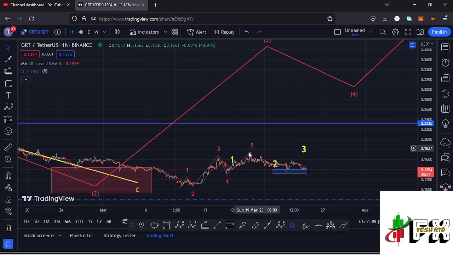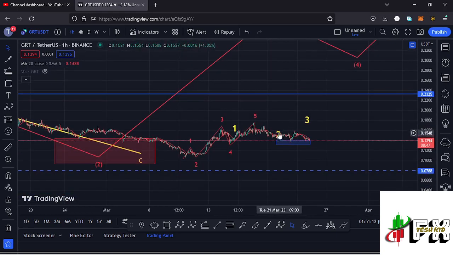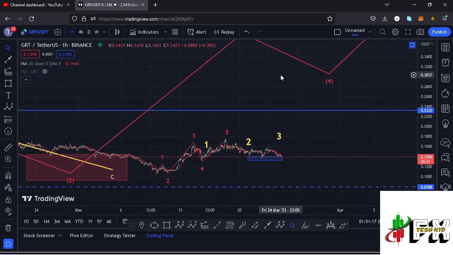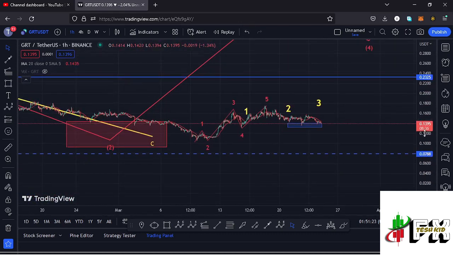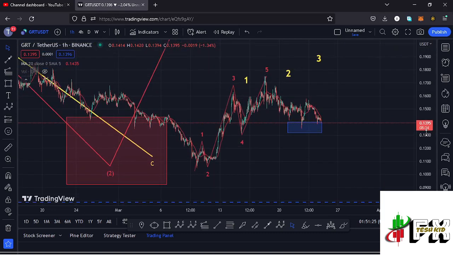And having seen the high for that first wave to the upper side, whatever we expected next was a corrective structure in the formation of this wave 2 before we can expect a wave 3, then a wave 4, and then a wave 5 to fully maximize our target areas in the formation of this wave 3 to the upper side. And in the formation of this wave 2, we have been seeing a bit of a pullback